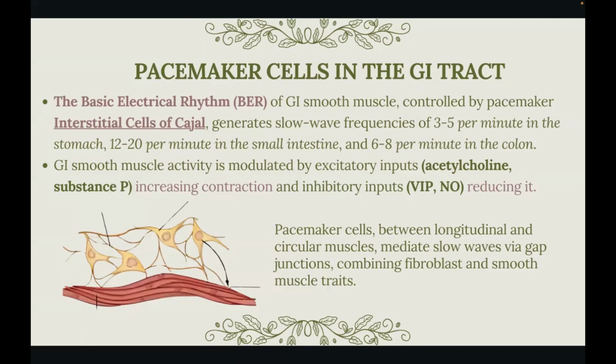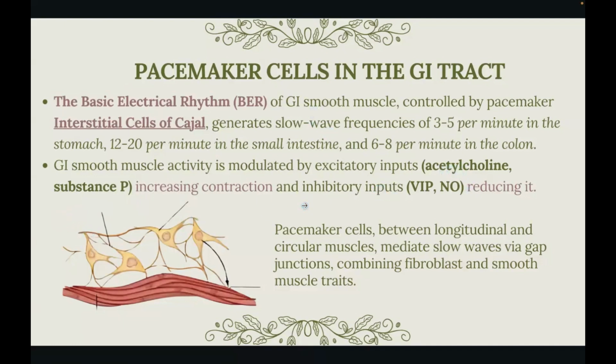So excitatory inputs coming from the higher centers of the brain go to the pacemaker cell, in this case the interstitial cells of Cajal, and they tell it to increase contraction. Go, I want you to contract right now. And whenever we don't want it to contract anymore, there are inhibitory inputs also coming from the higher centers, and they go to these Cajal cells and tell them to stop contracting. Now, what are the neurotransmitters released with the excitatory inputs and the inhibitory inputs? For the excitatory one, you have acetylcholine and substance P, and for the inhibitory, you have VIP